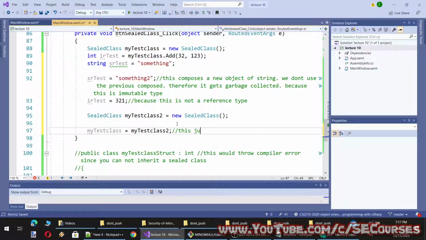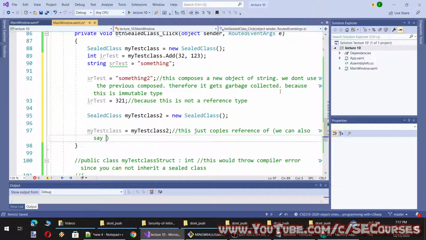This just copies a reference to the memory address, we can also say. And the same from myTestClass2 to myTestClass, because these are reference types.